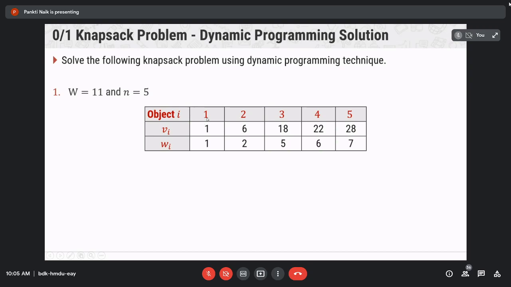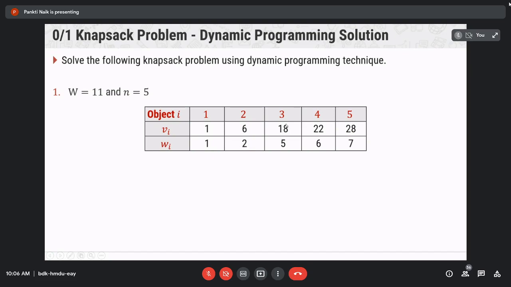And the profit or value for each object is like this. For object 1, value V1 is equal to 1 and weight is equal to 1. For the second object, value is 6 and weight is 2.